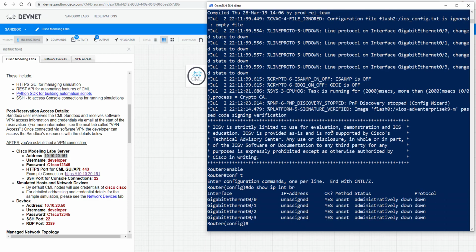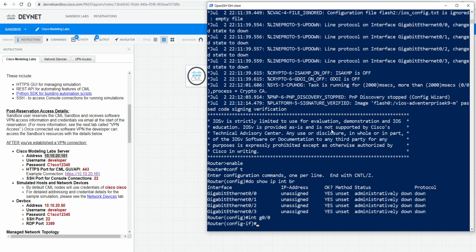Okay, I'm just going to use GigabitEthernet 0/0, and I'm going to give it an IP address and bring it up. So interface G0/0, ip address 192.168.1.1,